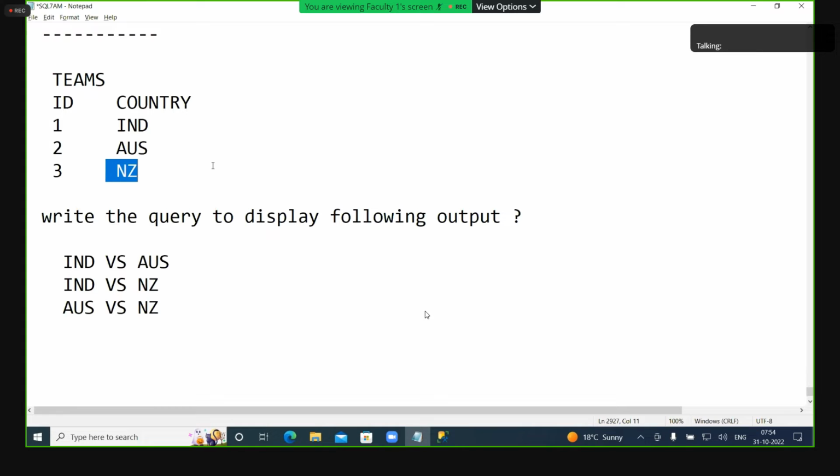So for any requirement, the first step is to identify whether a join is required or not. Second, what type of join is required? Third, what is the join condition? These three. If a join is required, what type? Inner join, outer join, left outer, right outer, full outer, non-equi, self. Then the third one,